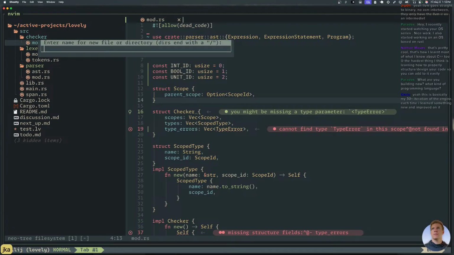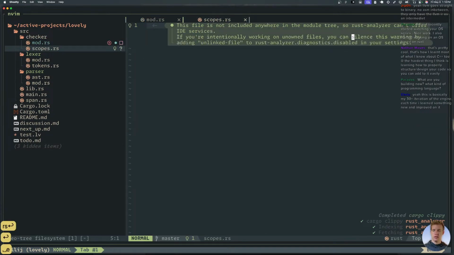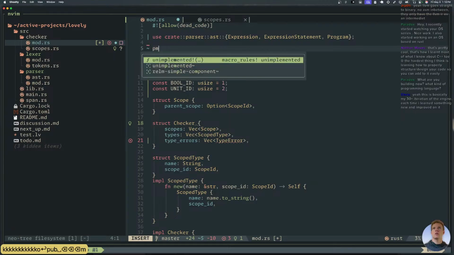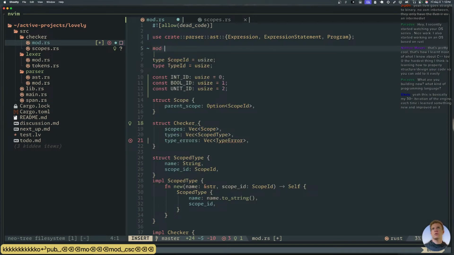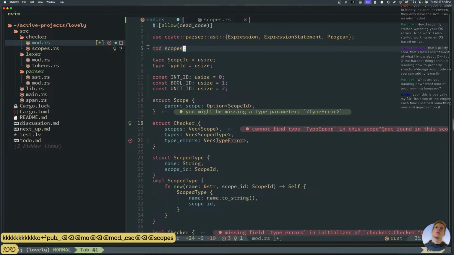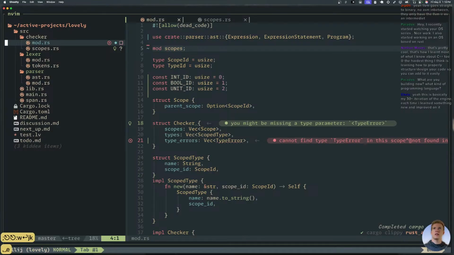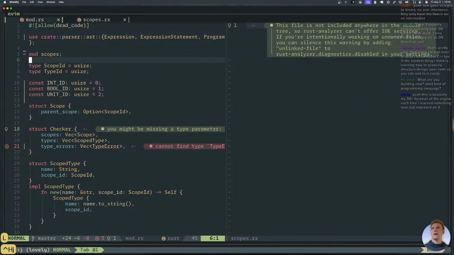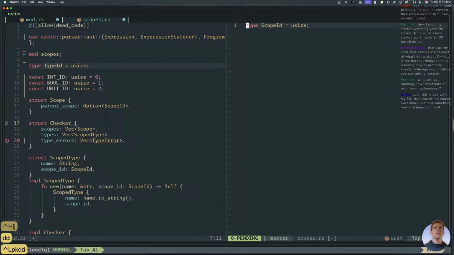So I'm gonna make a scopes.rs that'll have some of this stuff in it. Or not pub, but a mod scopes, and then gonna pull some of this stuff out into scopes, like scope ID.